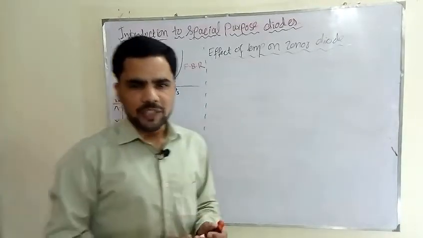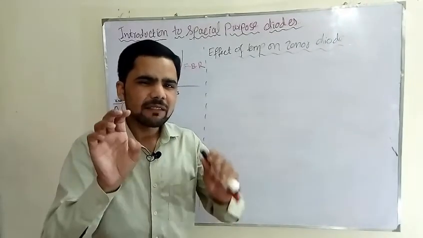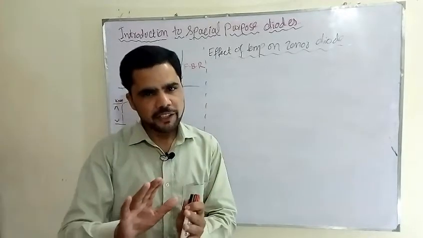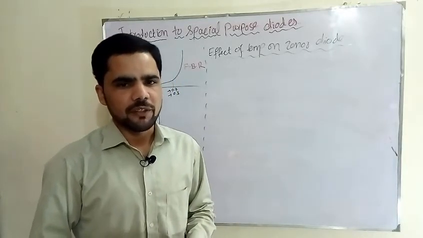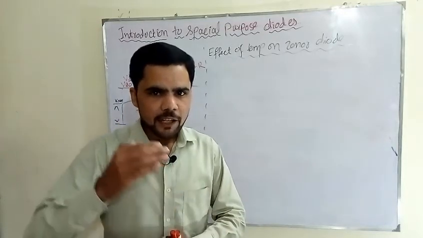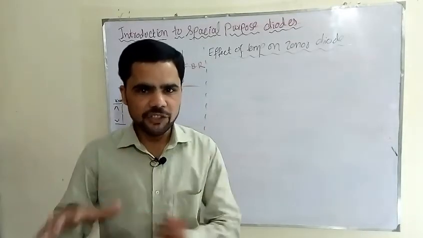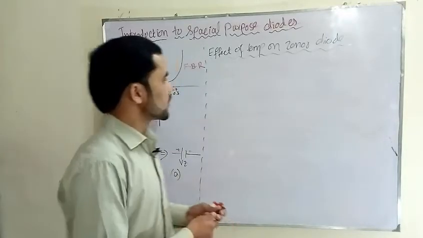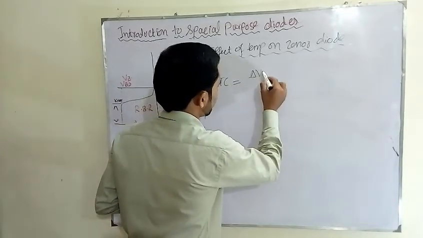Zener voltage changes with temperature, but there's a little concept to understand about how Zener voltage varies with respect to temperature. The percentage change in Zener voltage for every centigrade change in temperature can be measured by the temperature coefficient. The temperature coefficient formula is equal to del Vz